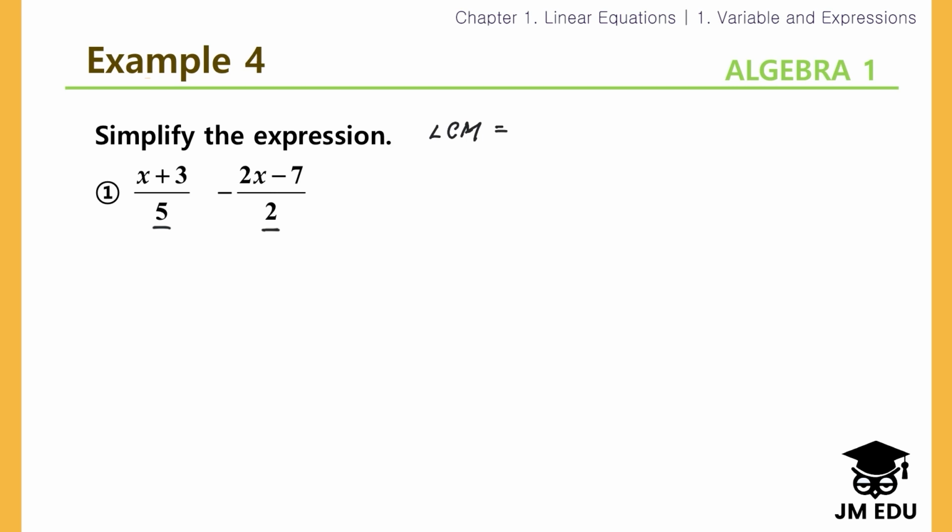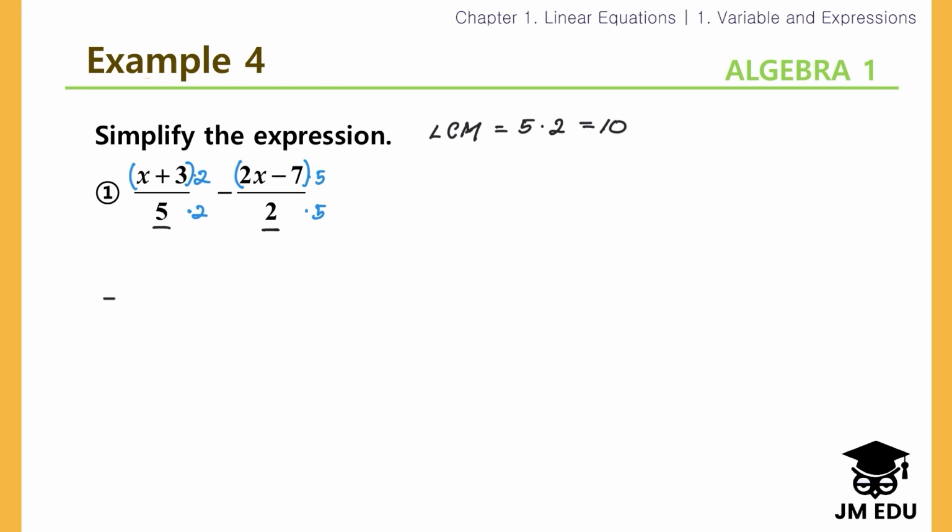Our least common multiple must have at least one 5 and at least one 2. So that's 10. So what I'm going to do is multiply by 2 here and 2 here, all of this expression by 2, right? And 5 here, 5 here,